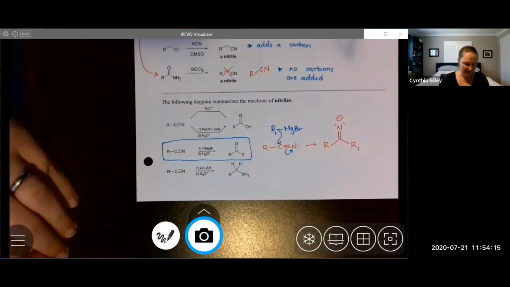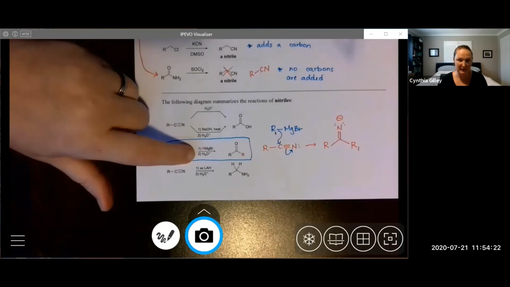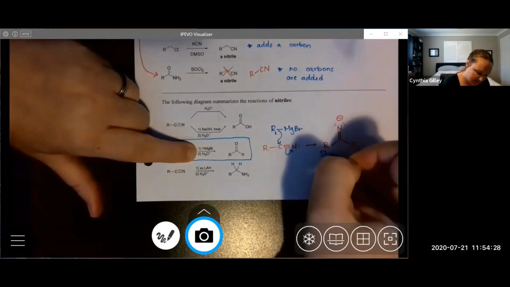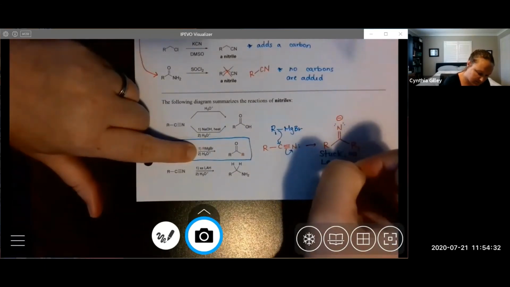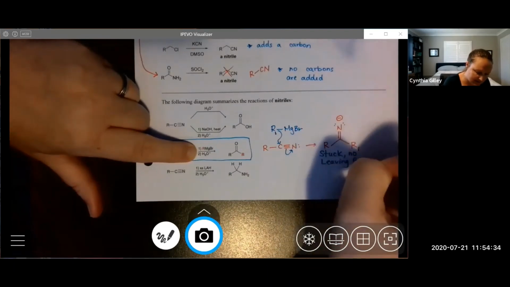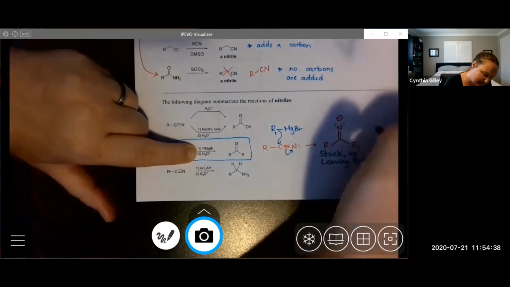And then what do you do with a Grignard reaction? What sort of workup do you do? Right? This is what that second step here is for, the acidic workup. So it's basically stuck, right? There's no leaving groups. Nothing that can act as a leaving group. Okay. And then you do an acidic workup,